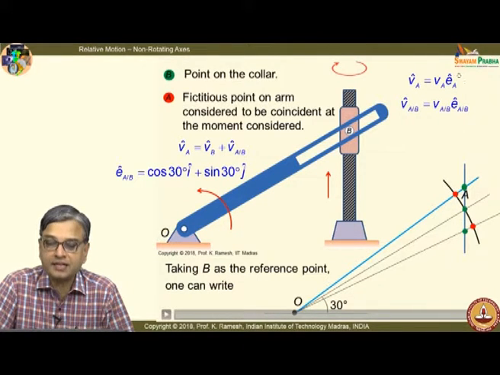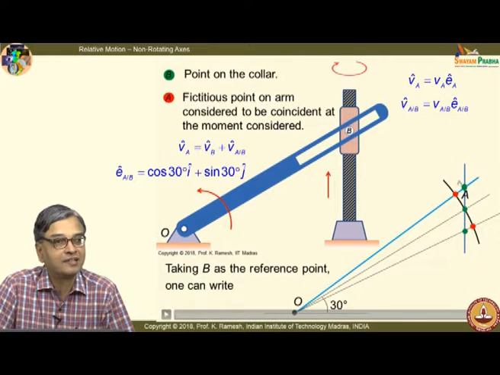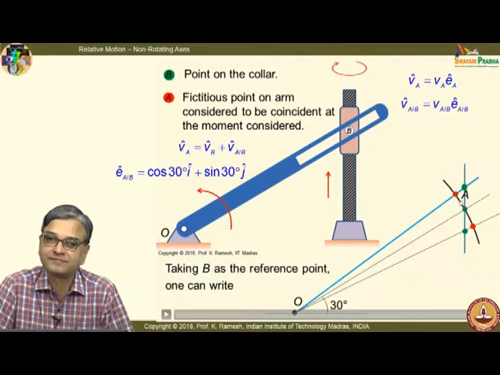And what is the unit vector for velocity A? That is tangential to this. It is having a circular motion like this, or in other words you can say that this is perpendicular to the slot at this instance. You have to recognize this.